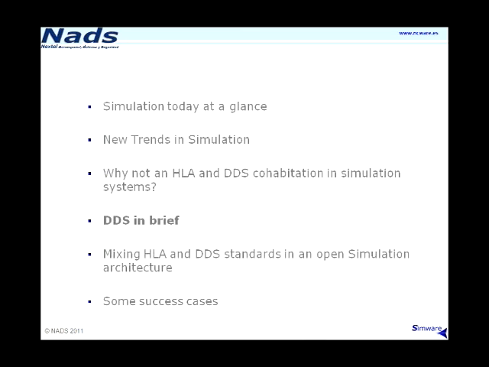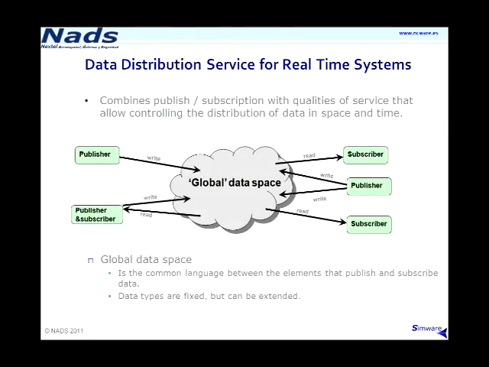Since we understand that some of you are not familiar with DDS, now we will make a pause to talk a little about DDS in some detail. What is DDS? DDS stands for Data Distribution Service. Established in the late 90s, it's a publish-subscribe protocol that includes qualities of service that allow full control of data distribution over any net of systems. Even in high noise, low bandwidth conditions it can be used.